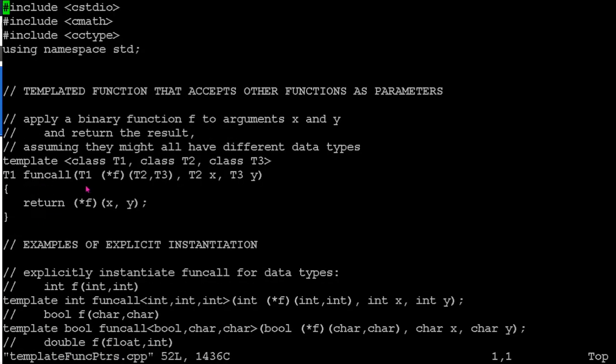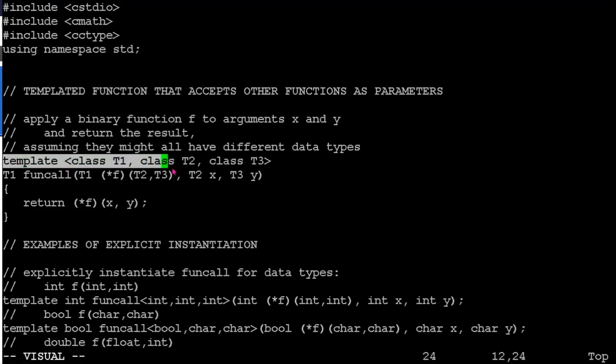And here's where we're doing exactly the idea I was talking about, where we're going through and saying, well, I'm going to create a templated higher order function that takes a function pointer as a parameter. That function takes 2 parameters, possibly of different data types, type T2 and type T3, and returns a value, possibly of another type, T1. And then my higher order function is going to take a couple of other parameters and